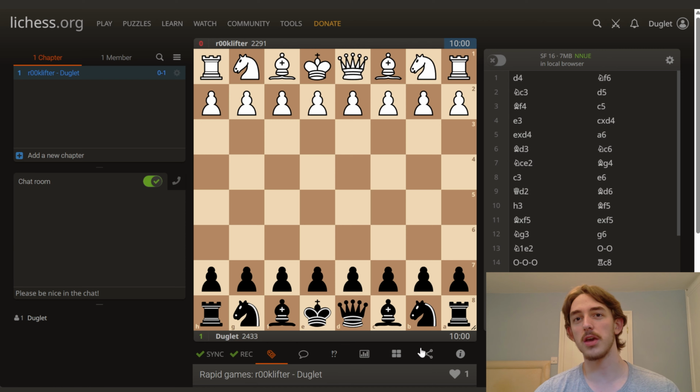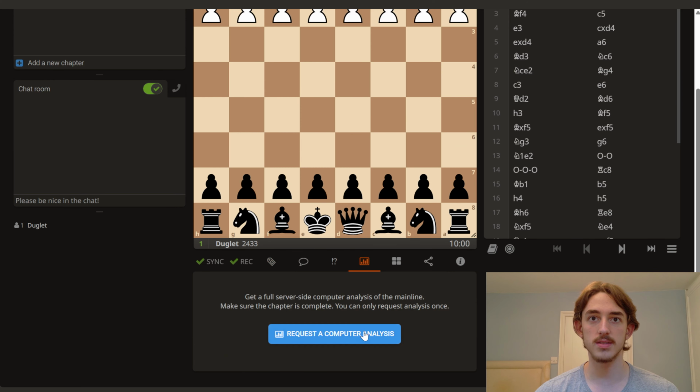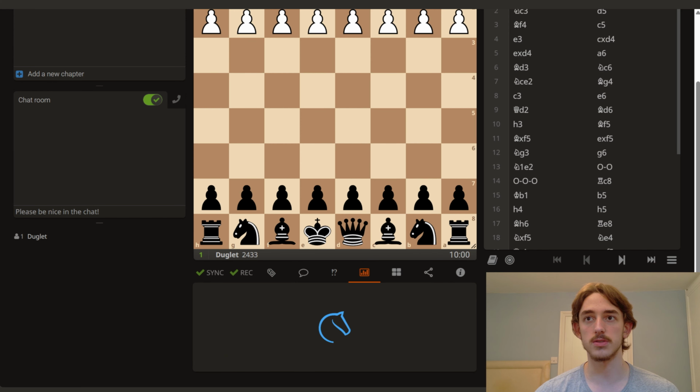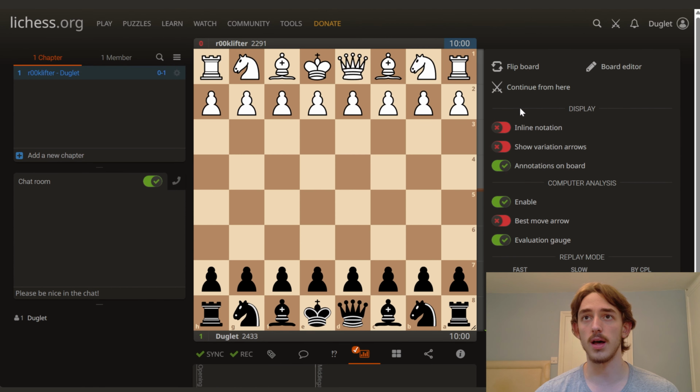And at this point, you can get your free game review by going down to the bottom here, going along to this tab, the one with the bars, and then request a computer analysis. So click that. But the first thing you should do before this loads up is go to this tab here, this little tab with the three lines, and disable the variation arrows. Also disable the best move arrows. This is very important so that you don't get the right answer spoiled for you and it messes up the